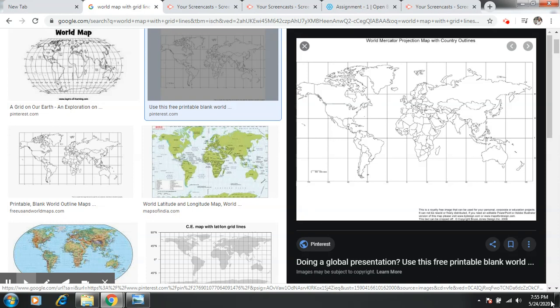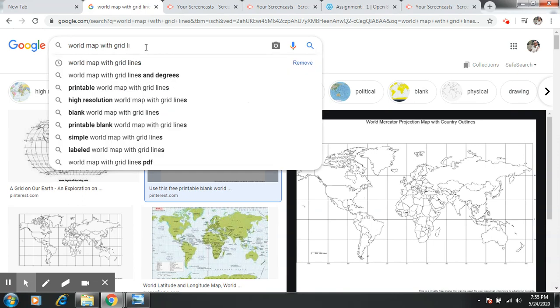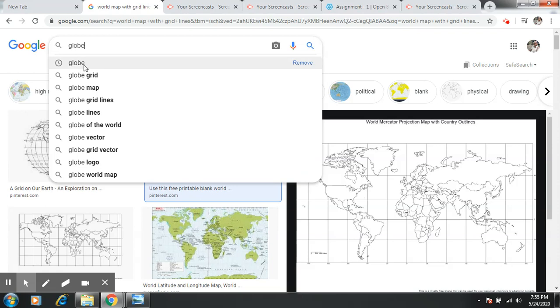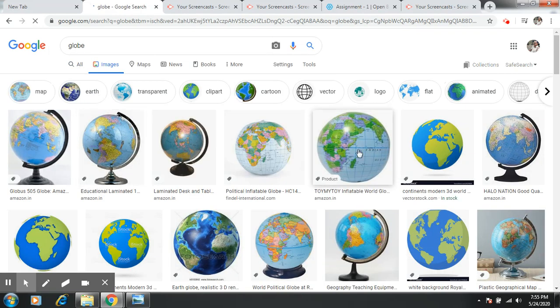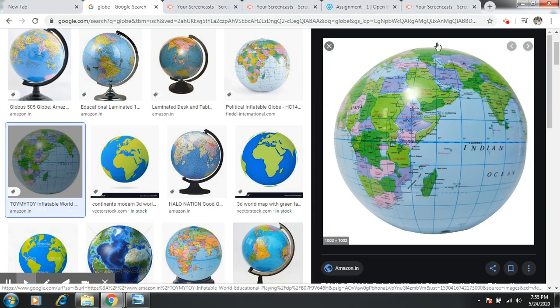We can understand this particular concept with the help of some other image. I will search here for the image of a globe. I will type "image of globe" over here and search for it. We will select this particular image. Here in this image we can see what the globe is. Here at the center point, the true north is there, which was determined by nature itself.